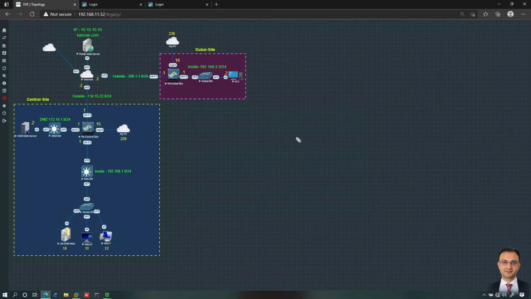Configuring static routes and RIP in Palo Alto firewalls. So let's go ahead and configure static routing, and then we will move on and configure RIP in the Palo Alto firewall. So what I will do is I will pick this distribution switch, which is actually a layer 3